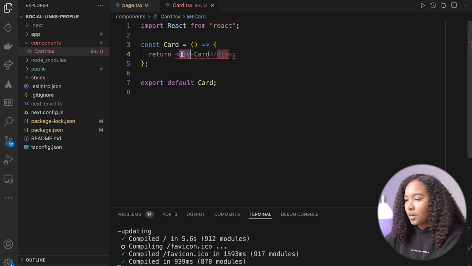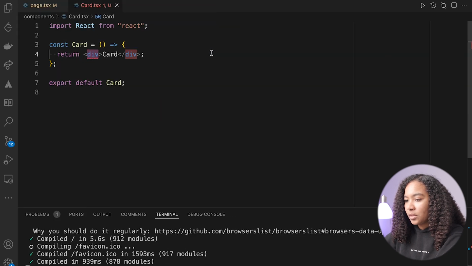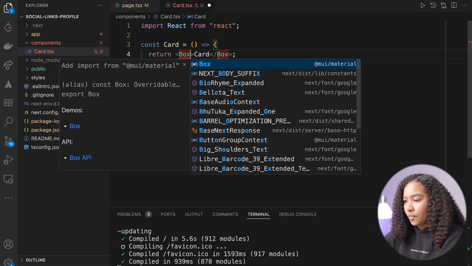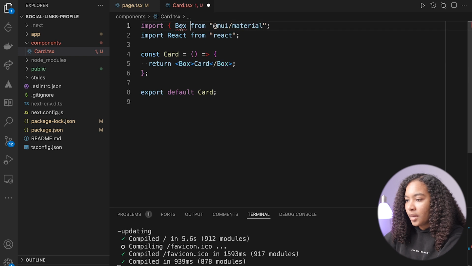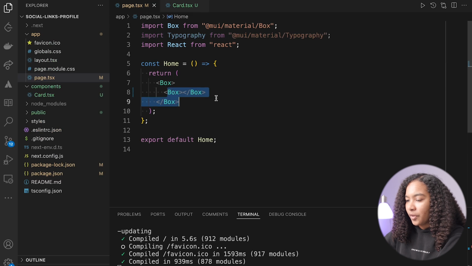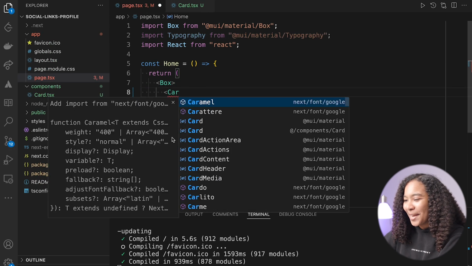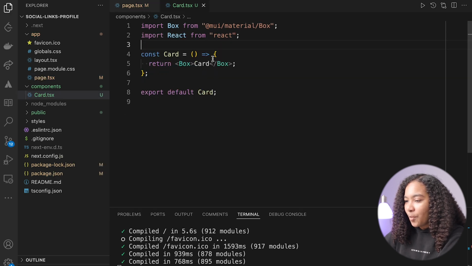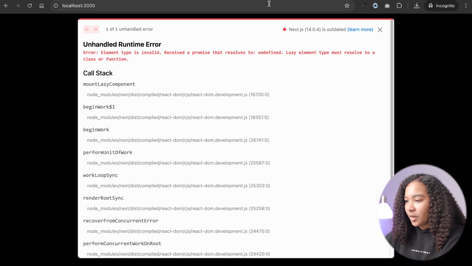I'm going to use Box from Material UI. And yeah, we should be good to go. And then I'm just going to import the card here. So I will use some components. Old habits die hard. All right, so we'll save that. And now we have our card on our page. So if we check it out here,